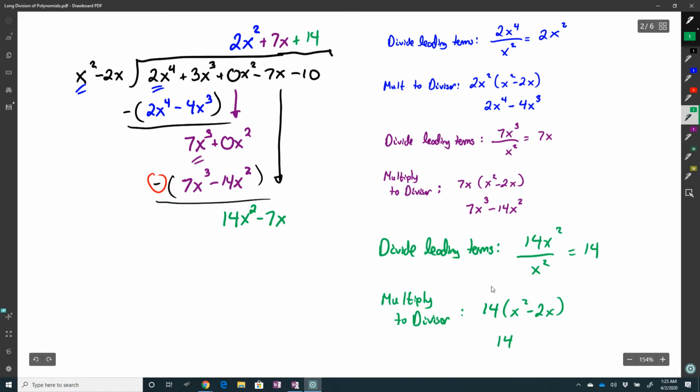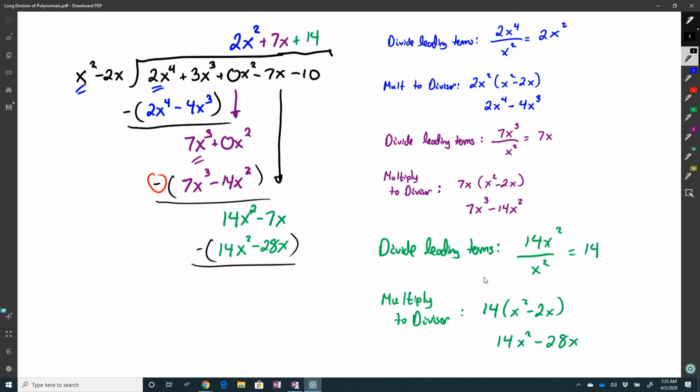That gives me 14x squared minus 28x. I write that underneath. I subtract. Okay, negative 7 plus 28, because the double negative turns into a positive 21